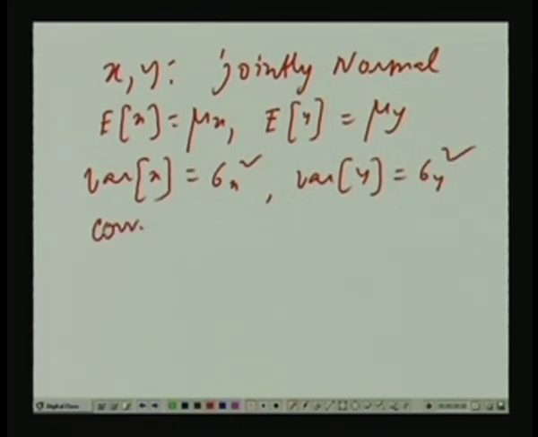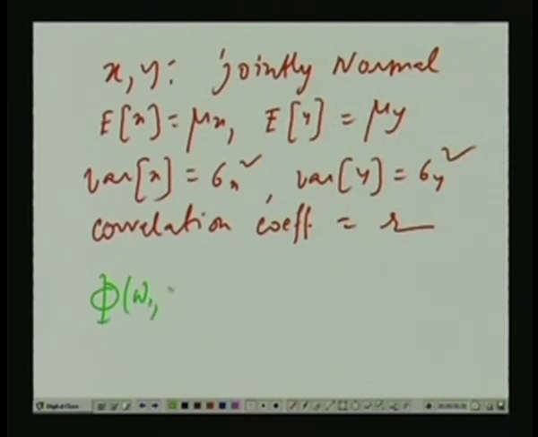And the correlation coefficient r. Then we have to find out, this is another example, what the joint characteristic function is. See, if you know the joint density function p x comma y and you know the formula for the joint characteristic function, then at least in principle, theoretically, you should be able to find the joint characteristic function, right? We have to carry out the integral. And you have to show here that